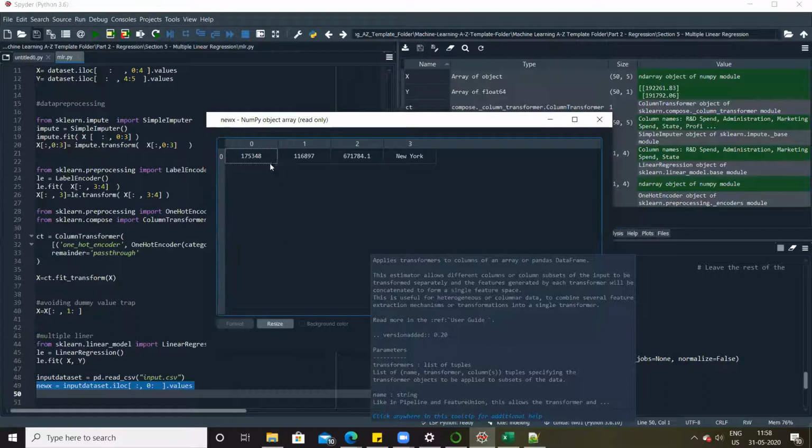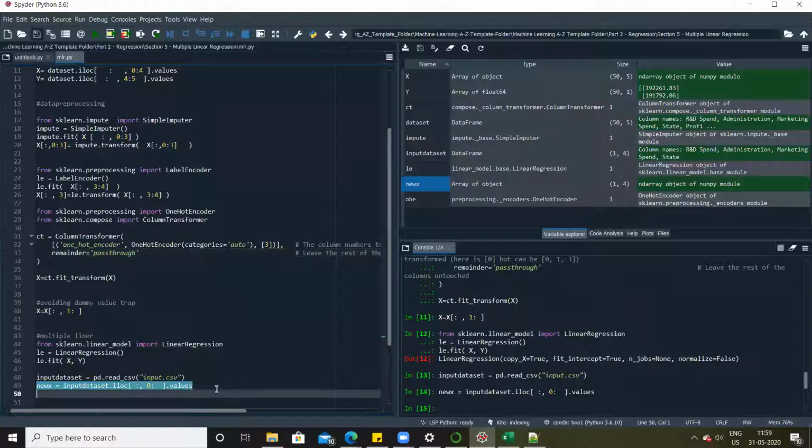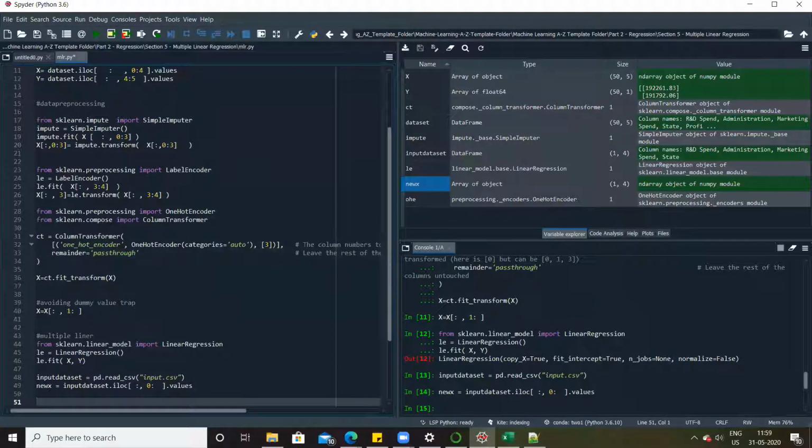Then I need to apply imputer on new X across these 3. But here we don't have any missing value. So even if we apply imputer, it's of no use for us, right? But let's apply it, right? Let's stick to the rules that we'll apply imputer. Now for applying imputer on new X, I'm not going to create a new object of simple imputer. We will reuse the existing imputer object. So I'll directly say here imputer.